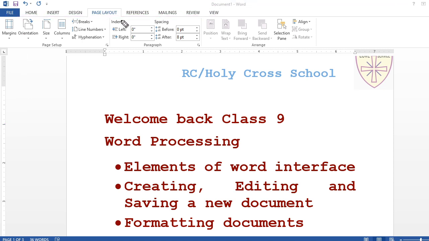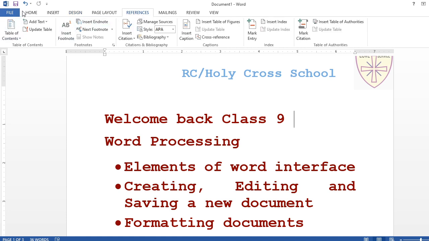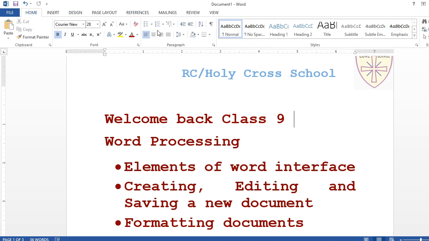Let's suppose page layout, then design, you see a different ribbon. Then references, a different ribbon, then home, a different ribbon. Here you can also edit, keep whatever shortcuts or icons you want, otherwise you can replace them.